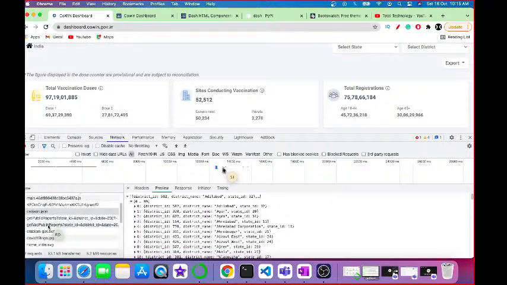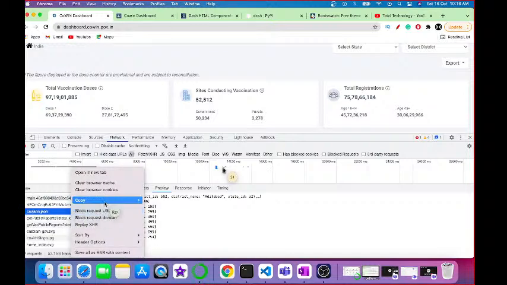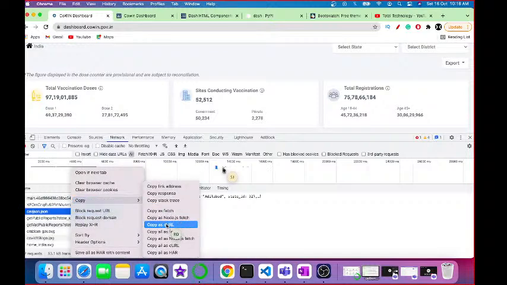How I get to know this thing, I told you, just go to your network tab, you'll be able to understand by clicking everything, whatever is happening. So now I'm going to explain you something very interesting. You can go to copy and copy as curl, then